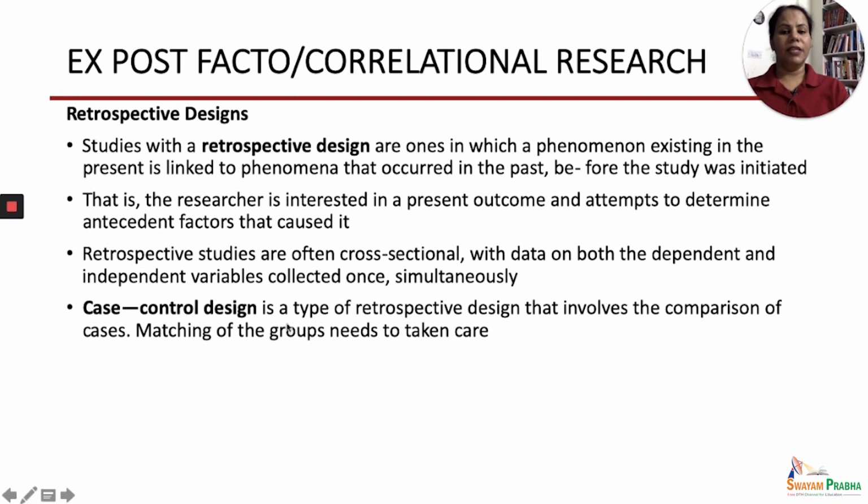But whenever we are taking these two groups, we need to see that matching of the groups is taken care of, means their characteristics, their demographic characteristics should be matching,